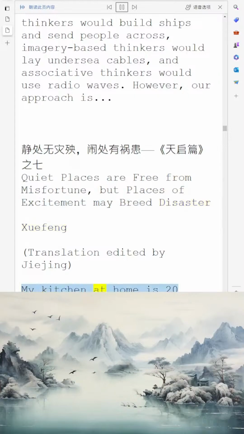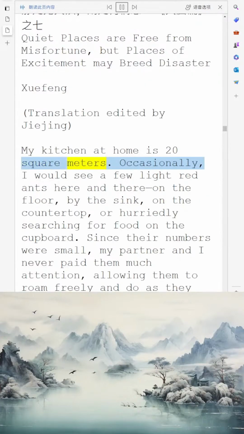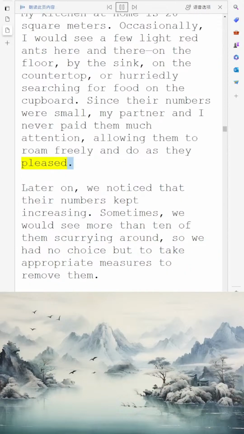Xiefeng, my kitchen at home is 20 square meters. Occasionally, I would see a few light red ants here and there. On the floor, by the sink, on the countertop, or hurriedly searching for food on the cupboard. Since their numbers were small, my partner and I never paid them much attention, allowing them to roam freely and do as they pleased. Later on, we noticed that their numbers kept increasing. Sometimes, we would see more than 10 of them scurrying around, so we had no choice but to take appropriate